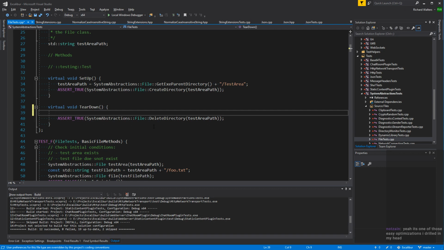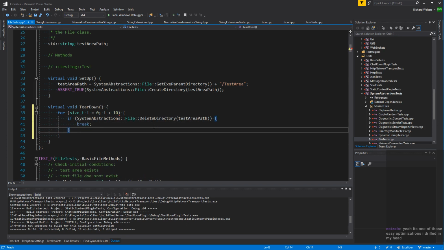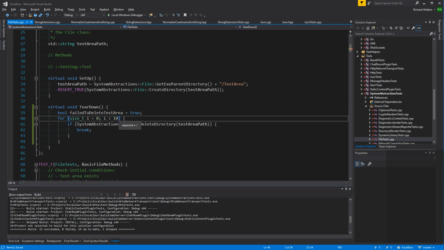So what we'll do is we'll say for, I don't know, some limited number of attempts. If that fails, how about if it succeeds, we just break. No. Let's say bool failed to delete test area equals, we'll just be pessimistic.